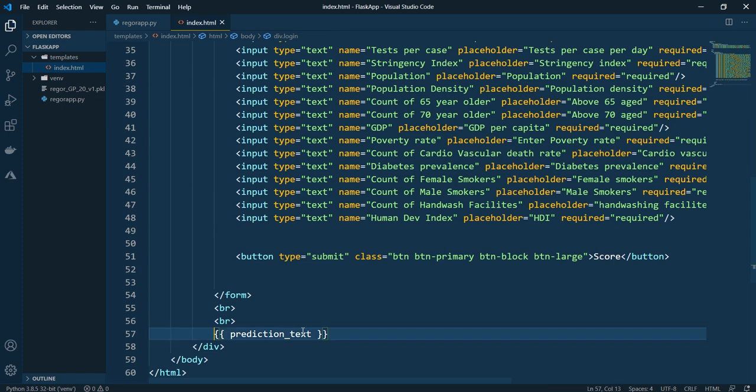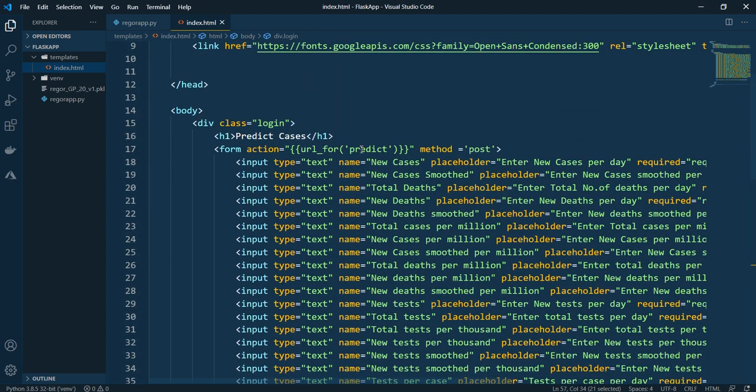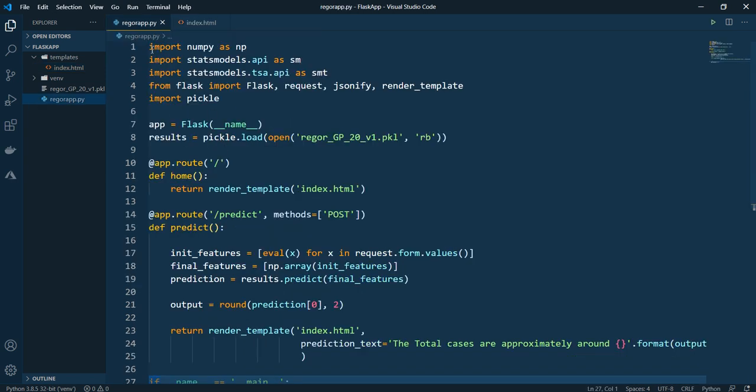And here what I write is the value that I'm going to display or show to the user. So this is the dynamic rendering. When the browser understands that it has to get this value, the URL for will be redirected to your app.py. It will go to the root directory by default, and after that it will go to predict.